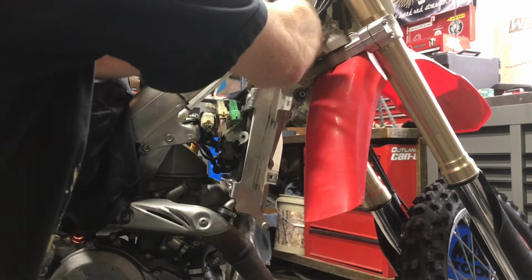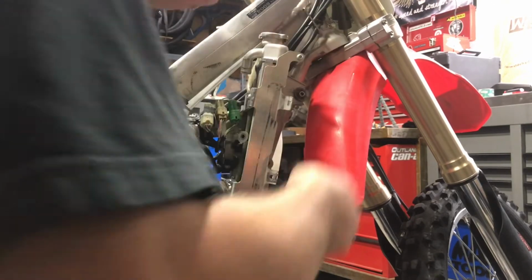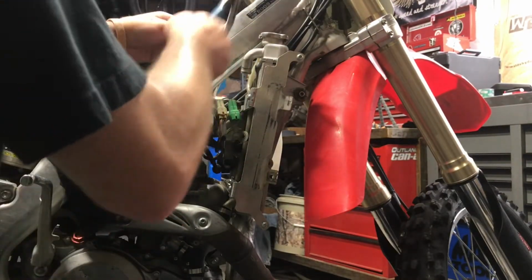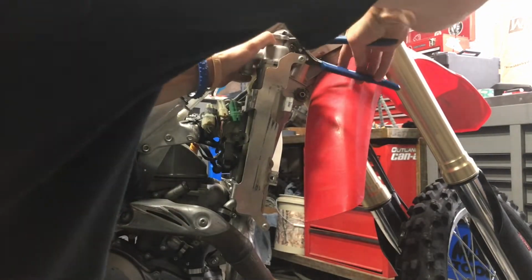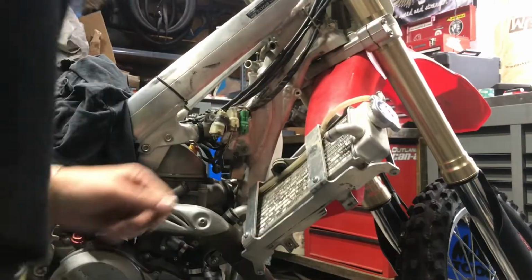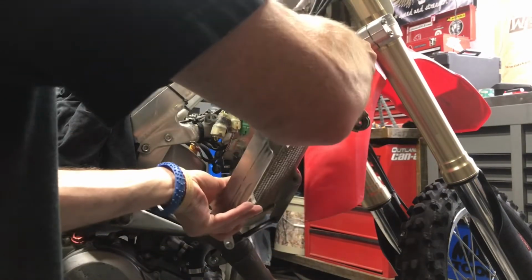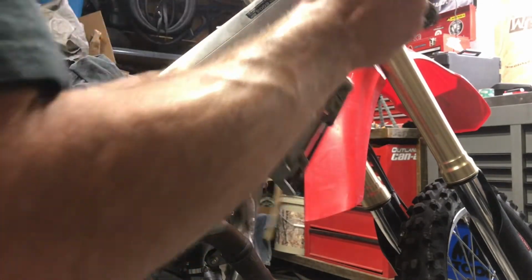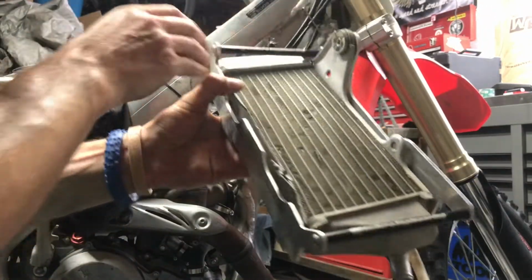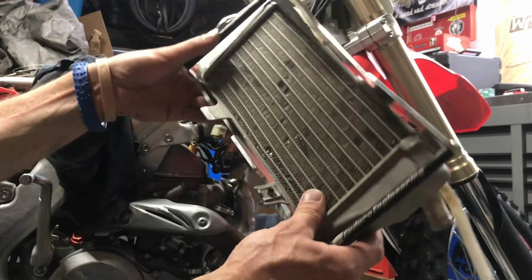Another thing I should have mentioned too is that the Moto Hose kit does not come with a new top hose, which would have been nice because it's still visible. It would have been nice if that was also blue. Top one off, and then the bottom one. Make sure you do the top one first, not the bottom one, because if you were to do what I did there, the radiator crashes to the ground. And if you don't have a brace set up, which seems...